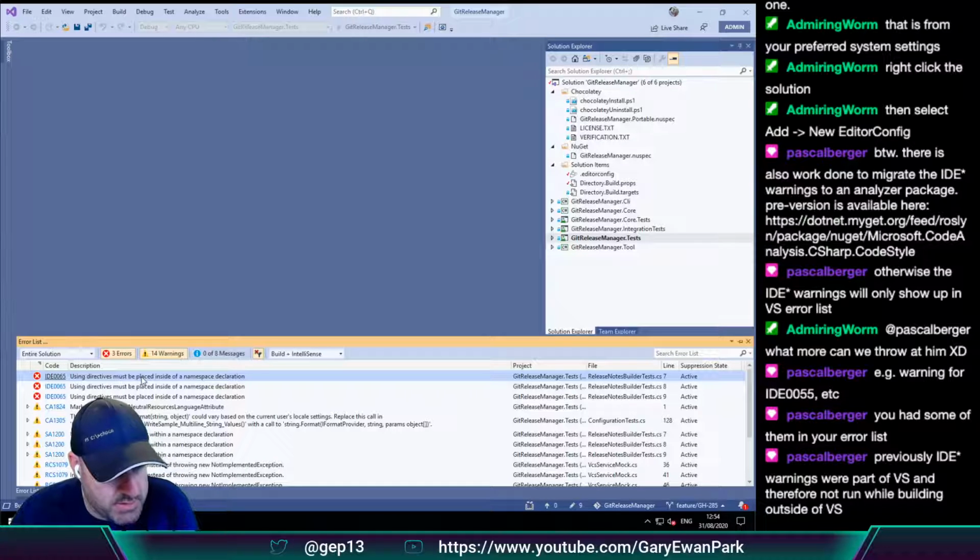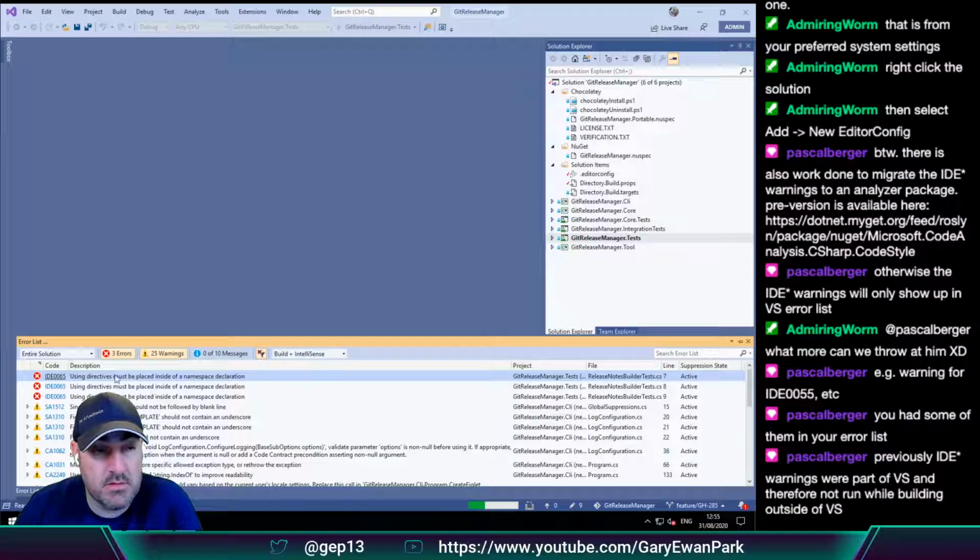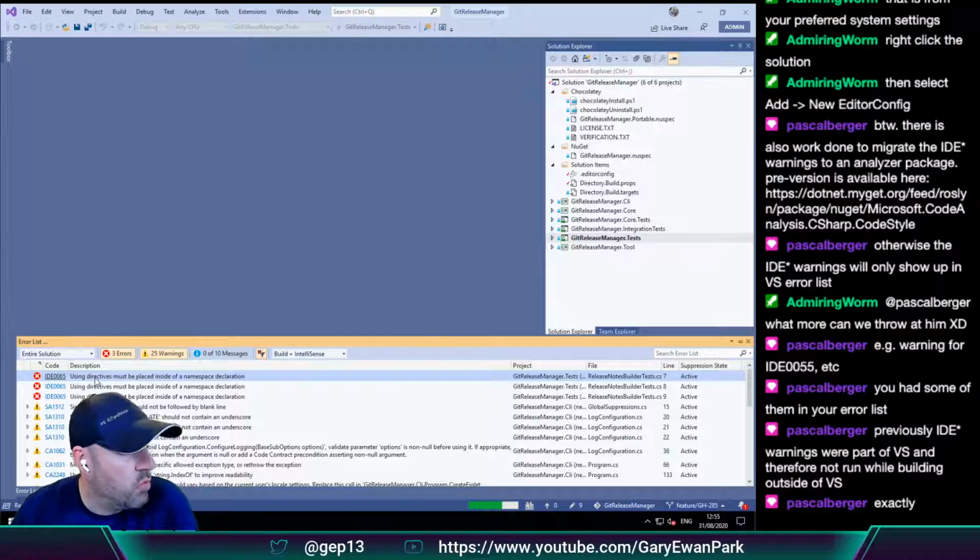Previously, IDE warnings were part of VS and therefore not run. I see. So you're saying that this error here wouldn't have been surfaced if I run it through the cake build that we have here. Interesting. But this new package here would surface them as errors, which would appear outside of Visual Studio.